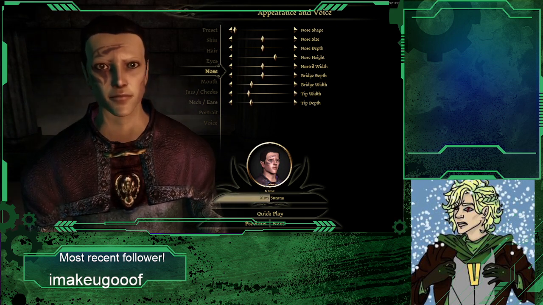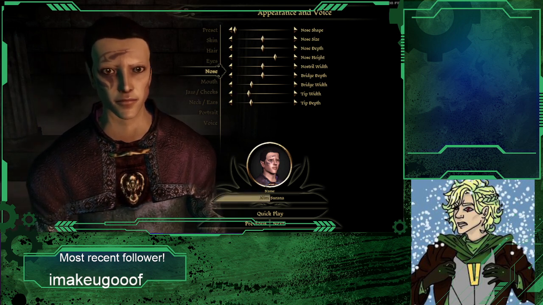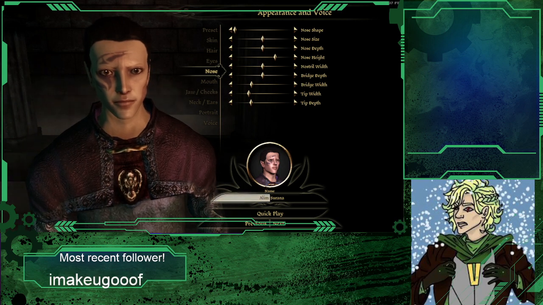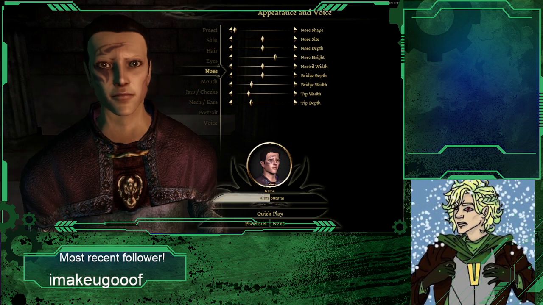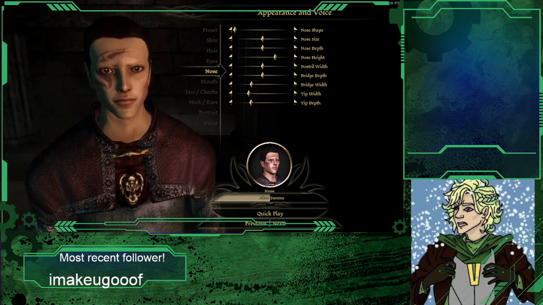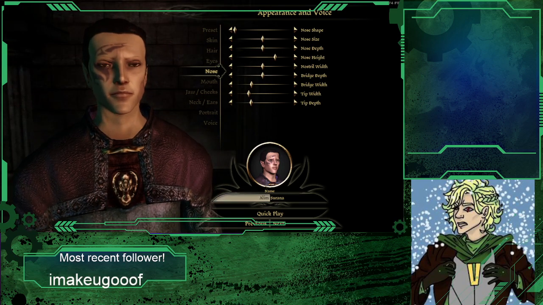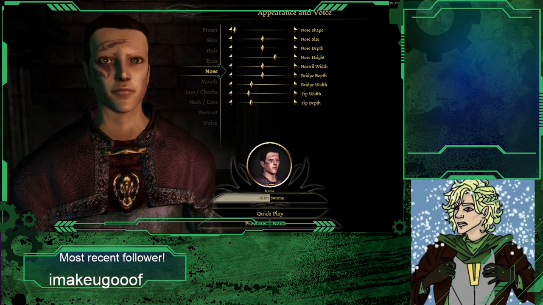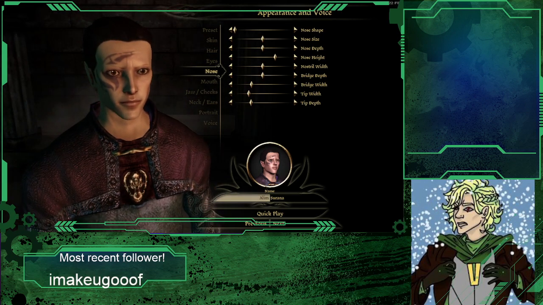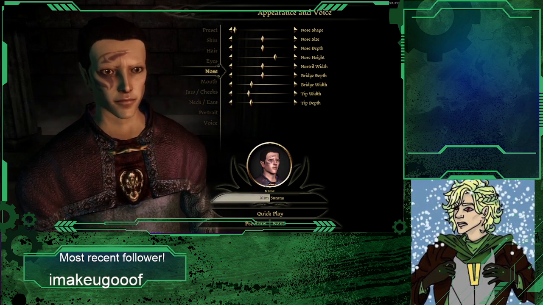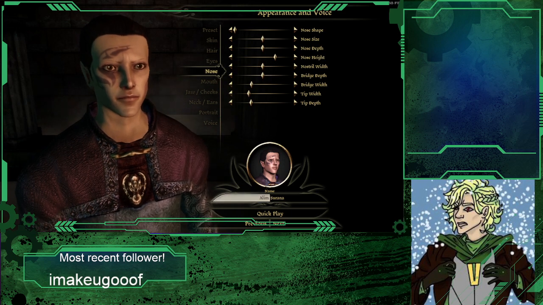Nose. I understand why they put this stuff in character creation. There's a part of me that absolutely hates doing all the teeny tiny details. It's like all this stuff with the nose. I understand, but I don't need to do this. I'm good with the nose you spawn me with, because that's the perfect one. If I start messing with it, I'm never going to get this back. I don't need to know about my nose specifically. Tip. I don't know what the tip is. That's probably still for my nose. Yep, that's all still nose. Cool.